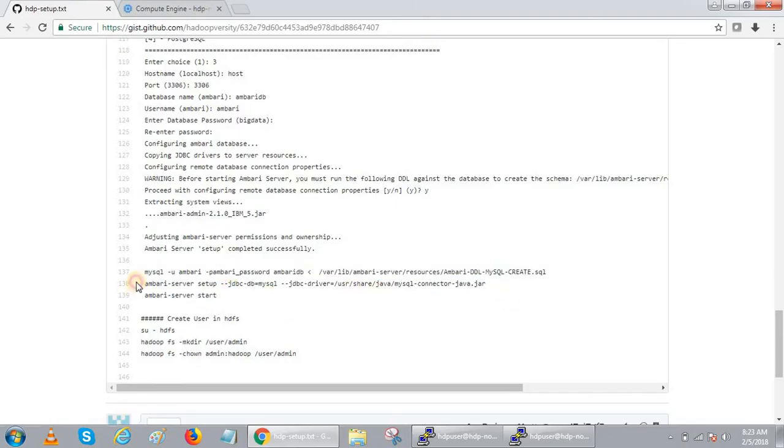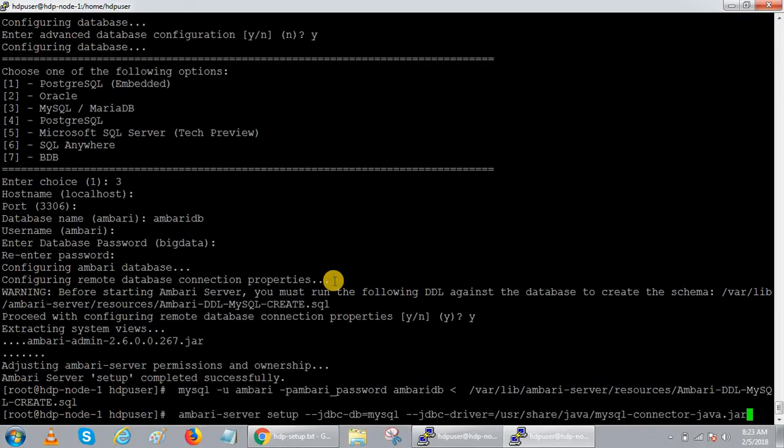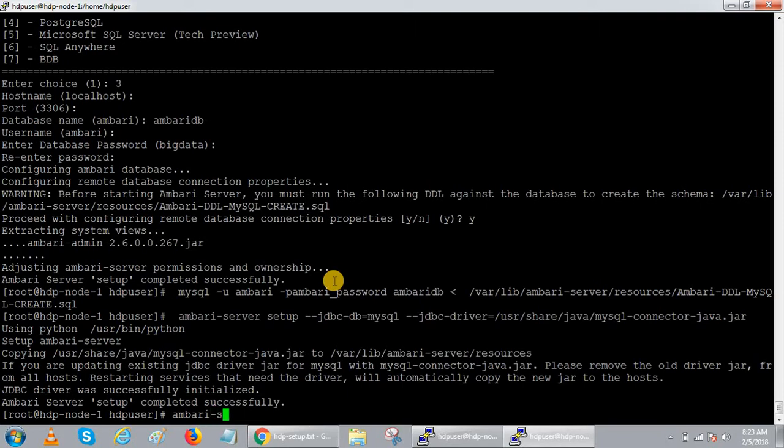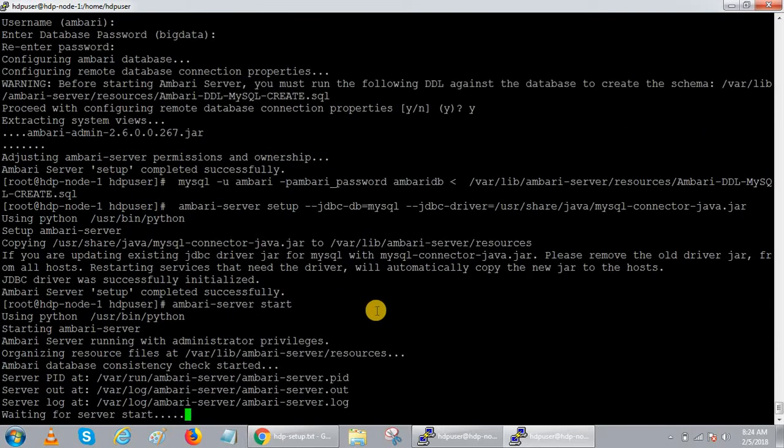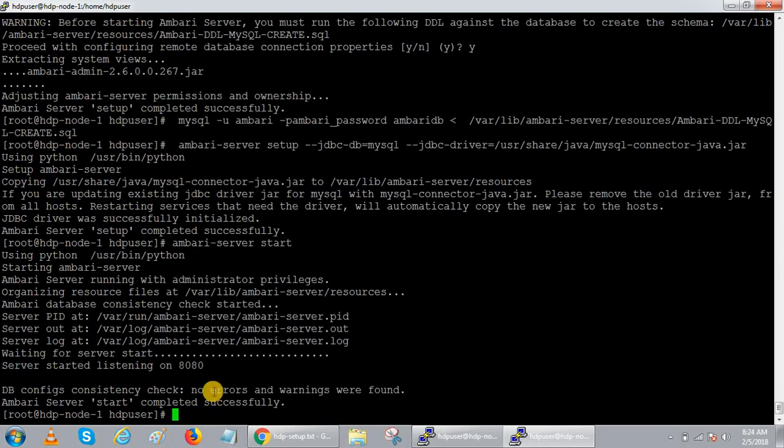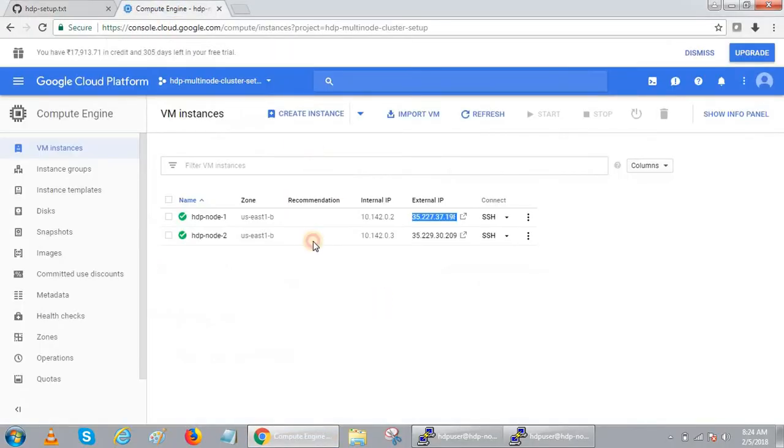Right. There is another command we need to set up before we actually run the Ambari server. Right. Now Ambari server start. If everything is successful, you should get a successful message. Right. Now it is running on 8080, right? 8080 on node 1. So go here, node 1,